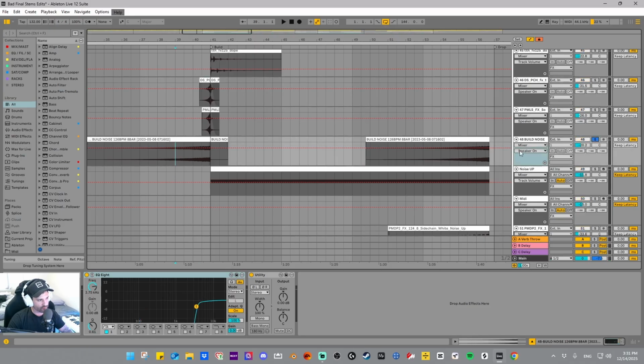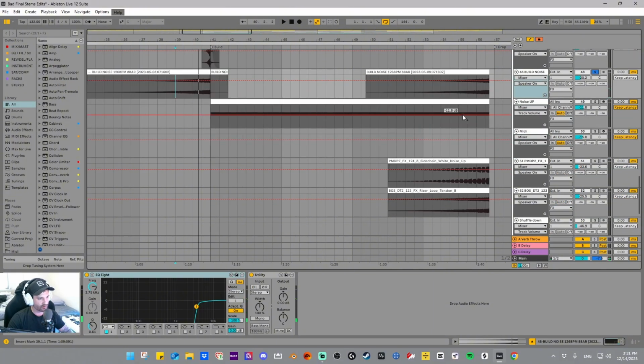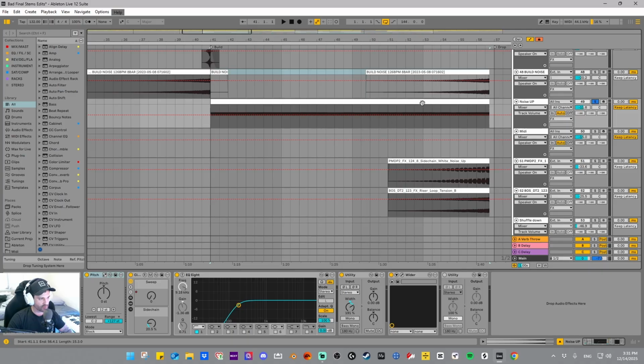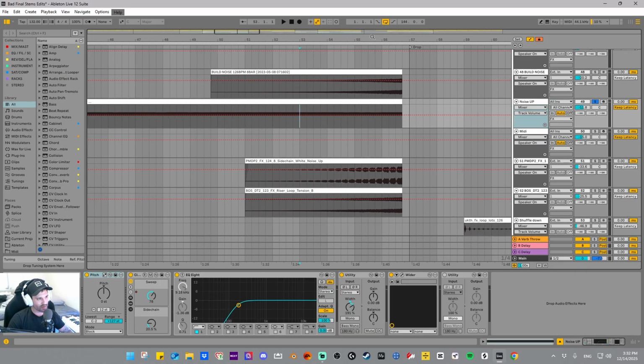Noise, just normal rise noise. The normal noise riser there. This is also more noise. So for the builds, we kind of layered. We're going to start trying to do less layering of noise and risers and stuff, I think, just because you don't need that many. Keep it simple, you know, and that's the process. You learn as you go. But to us, it sounded good in here, so